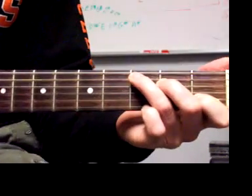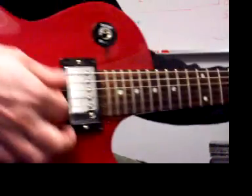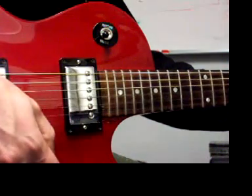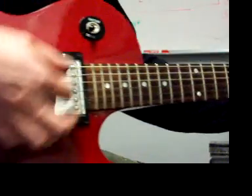Then from the C chord we're going to hit it again on the and of beat 1, which I am going to hit with an up. So I'm going down with my G, resting for 3 beats, down on my C even though it is the and of beat 4, back up on the and of 1, and then I'm going to go back to G,